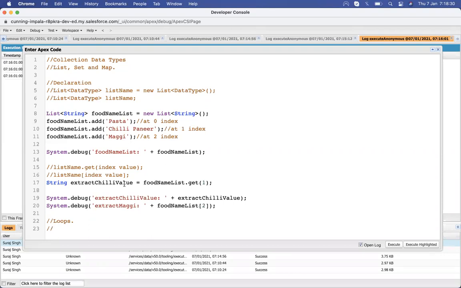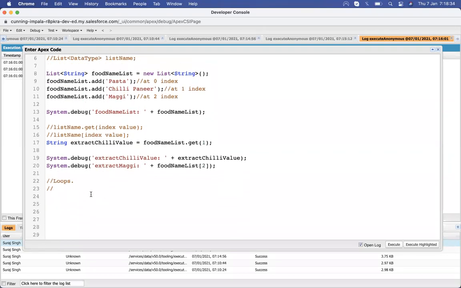To use a for loop inside Salesforce, its syntax will be: for, then a data type, then a variable name, then put a colon, and then the collection list name.